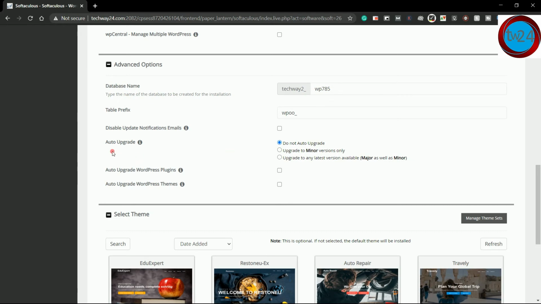Then under auto upgrade, I recommend you do not auto upgrade, because sometimes it creates bugs in WordPress. It's better to update manually directly from your WordPress dashboard when available. So I recommend you do not auto upgrade.